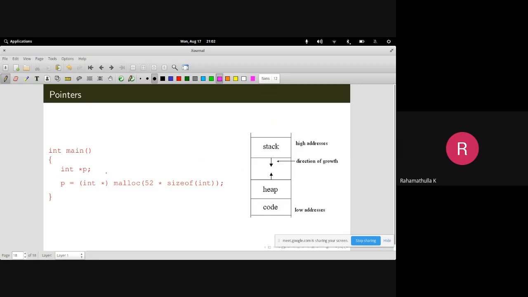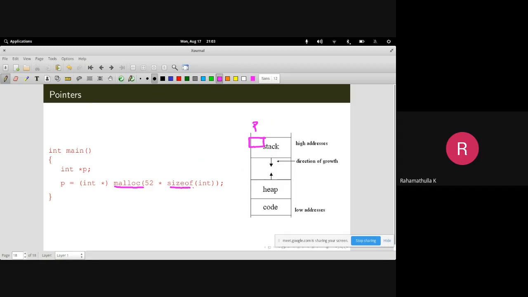So this is a simple example of that. int star p means it will be creating a variable p here. Now you allocate memory by using this. This is for memory allocation. You will have to include stdlib.h for this. So malloc, and inside that malloc function, you will have to give how much memory to allocate, the size of the memory.